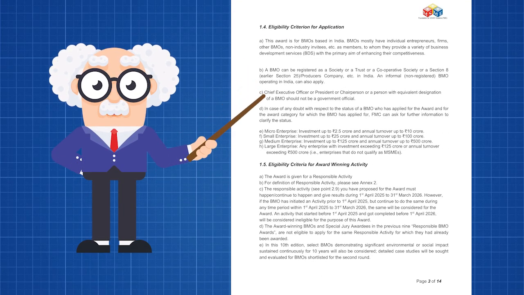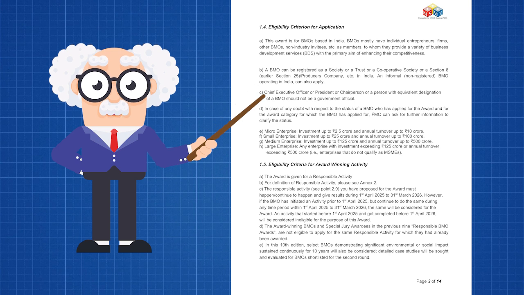Eligibility. Who can apply? Section 1.4. Eligibility Criterion for Application. Now let's talk about eligibility, because this is something you must confirm before you even start filling the form. First, this award is only for BMOs based in India. A BMO typically has individual entrepreneurs, firms, other BMOs, and non-industry members, and it provides business development services to enhance